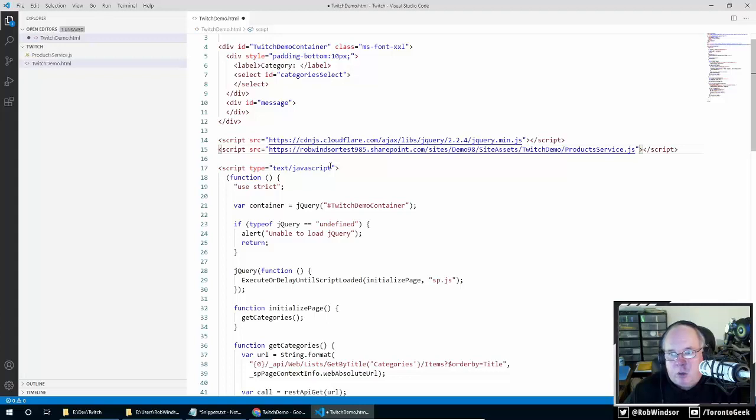So that will work, assuming that I'm doing development on the same servers where this is going to get deployed. Right. So basically, I'm doing development in production instead of doing development on a developer tenant. So if I'm doing development on a developer tenant, then when I go to deploy this, I need to change that URL to the URL of the production site collection, which I don't really want to do. Okay, so the technique that I